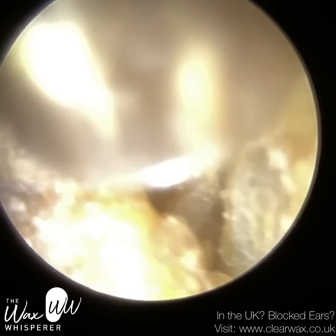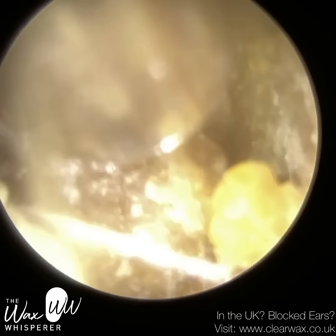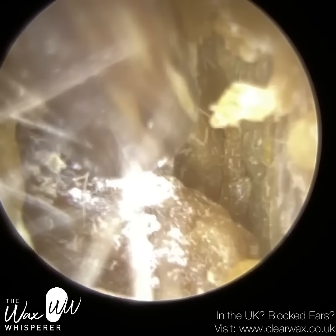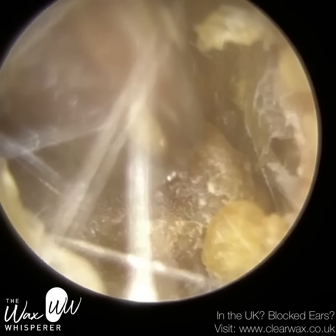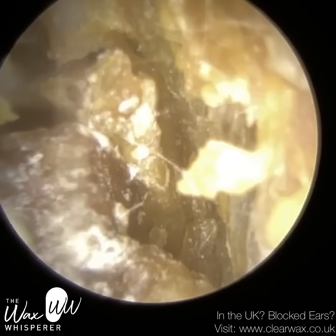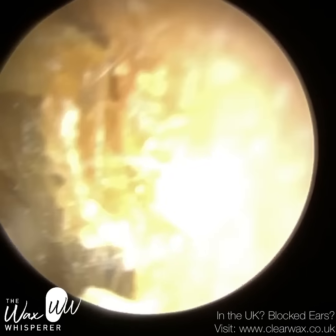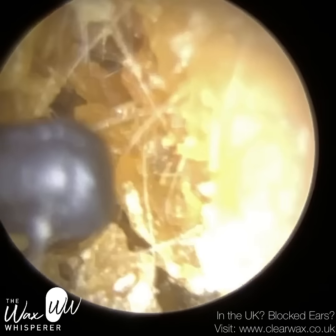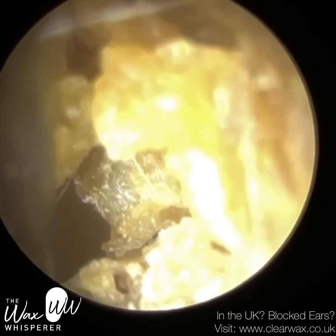This skin plug is quite near the entrance, and with dead skin, it's quite reflective. It's got a protein called keratin, and keratin has the unique property of being hydrophobic, so it helps to repel water from the ear. It also helps to reflect away harmful UV rays from the sun. And that's due to the protein keratin that's contained within the skin cells. So it has a very important